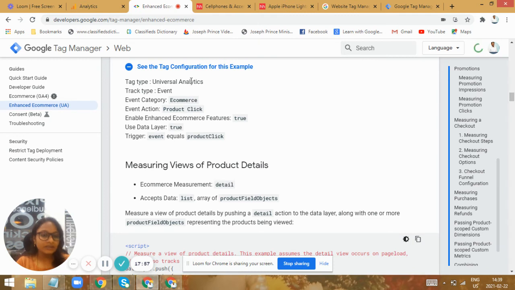Universal Analytics, and Analytics in general, is completely based upon events, and the GA4 update coming on Analytics is completely surrounded by the event-driven methodology. It's a platform completely based upon events. So we also need to track everything based upon events, and use these events to trigger tags and send the data to Analytics. So we can create a track type as event, and then the event category.